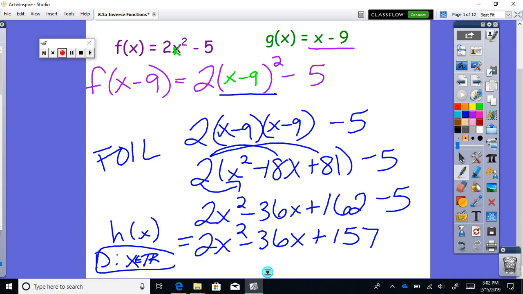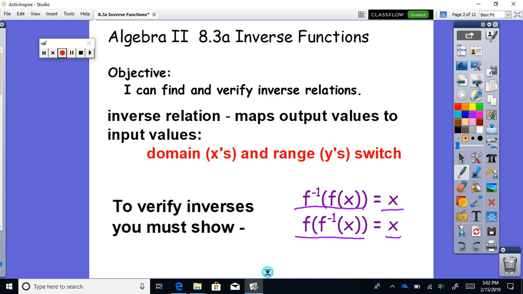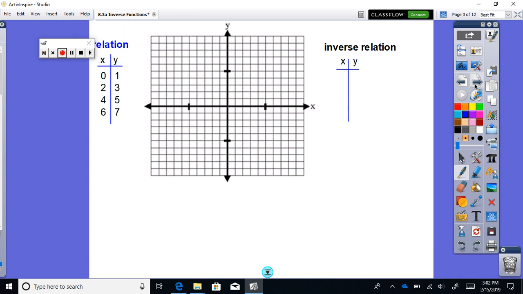Remember that if you take f composed of g of x, it is never equal to g composed of f. But we want to show with the inverses, if they are inverses, they are equal, and in fact, they're both equal to x. So that's what we're going to show. All right, so inverse functions